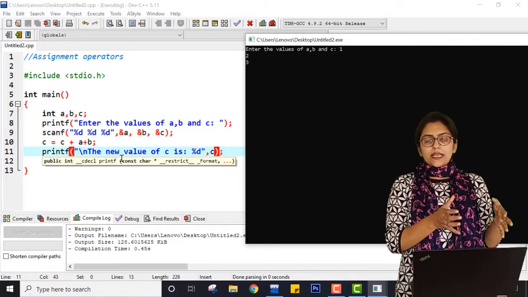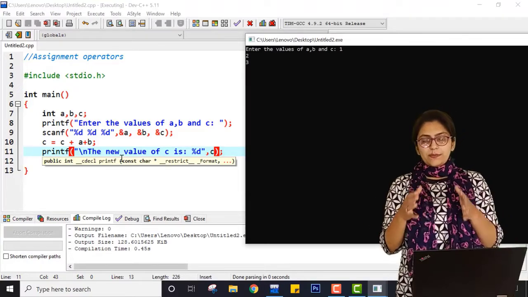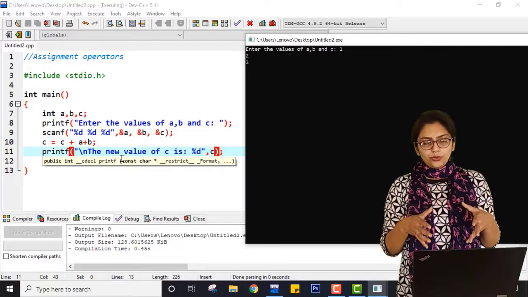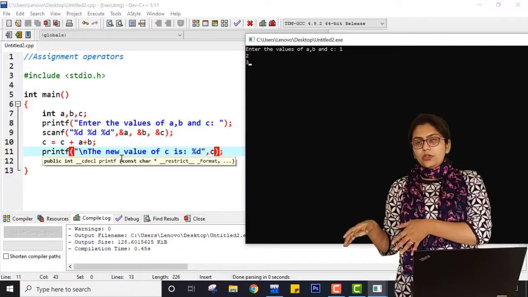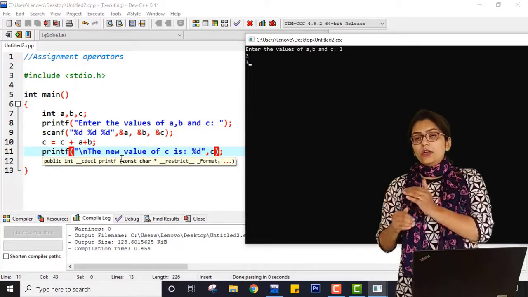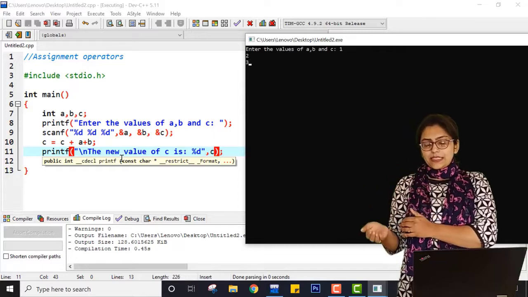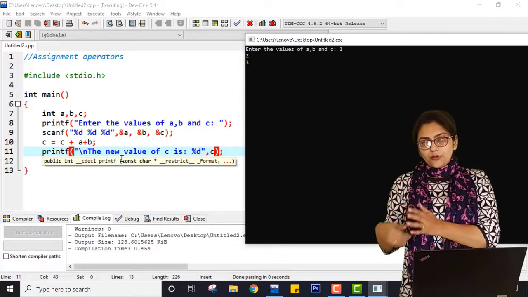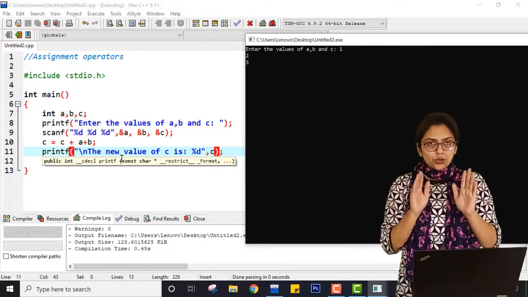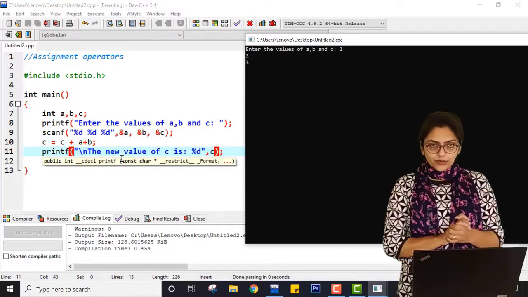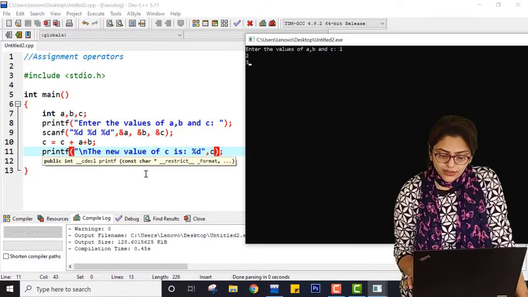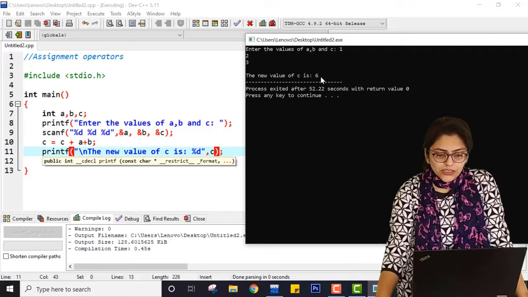So inside box A there is value 1, box B has value 2 and box C has value 3. I am taking 1 plus 2 that is 3 and adding this to the existing value of C that is 3. So the new value of C is 6. Now this value will replace the older value 3 with the newer value 6. So now C contains 6, B contains 2 and A contains 1, right? The older value cannot be fetched now, right? Now if I hit enter, the new value of C is 6.